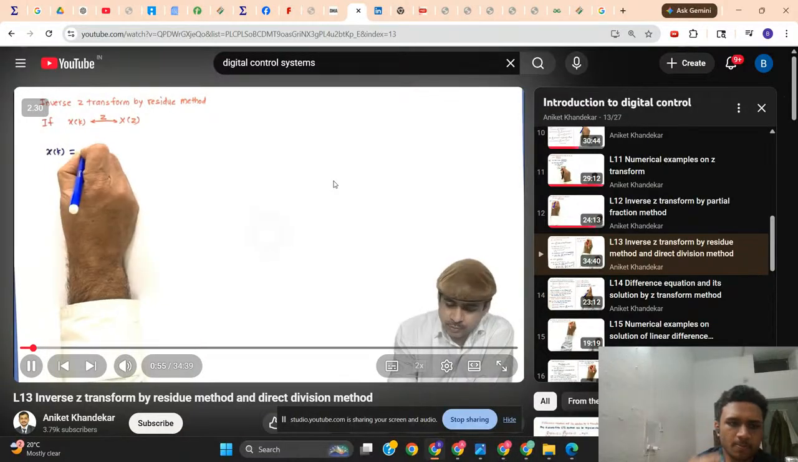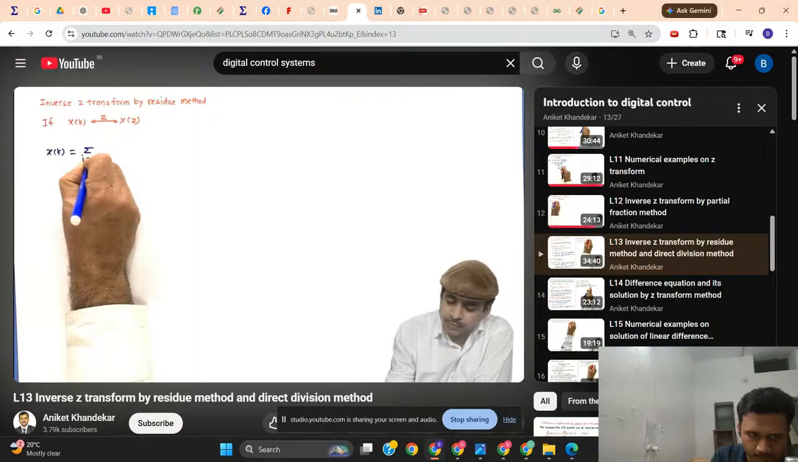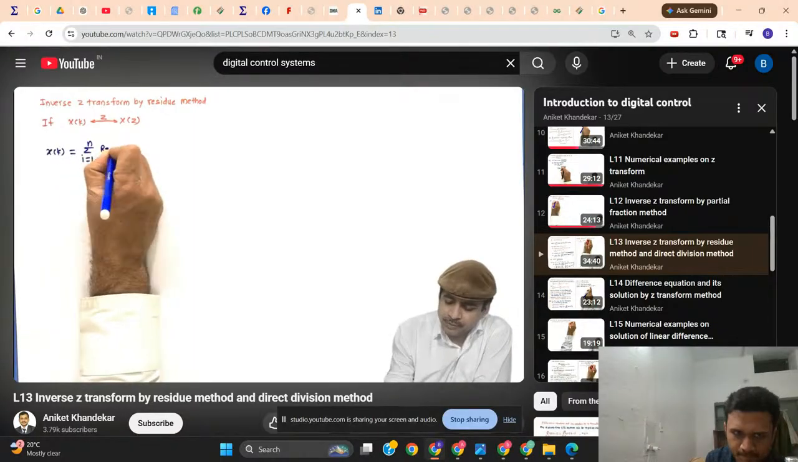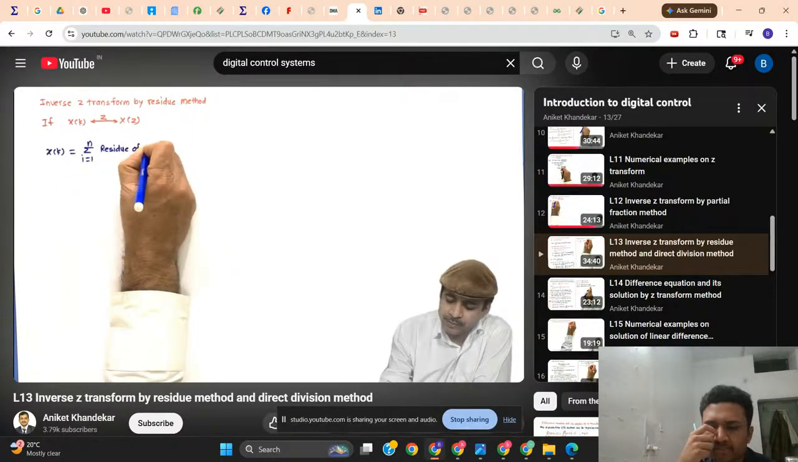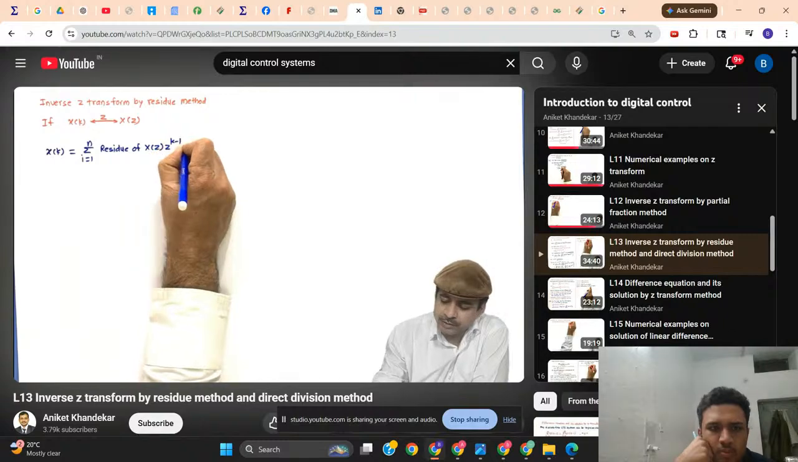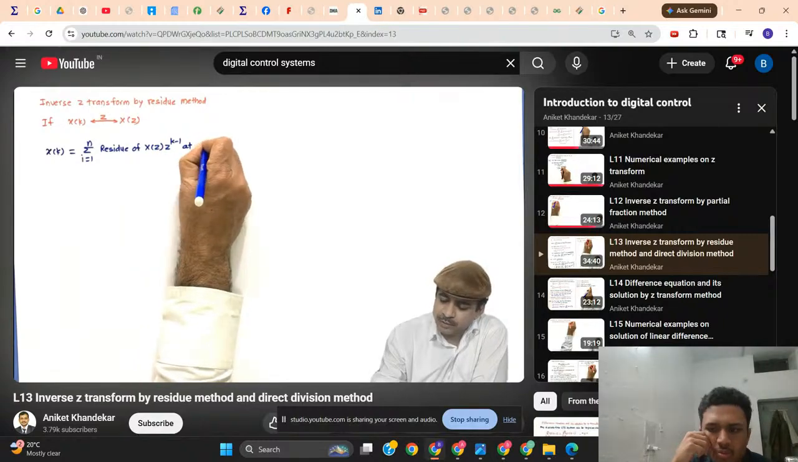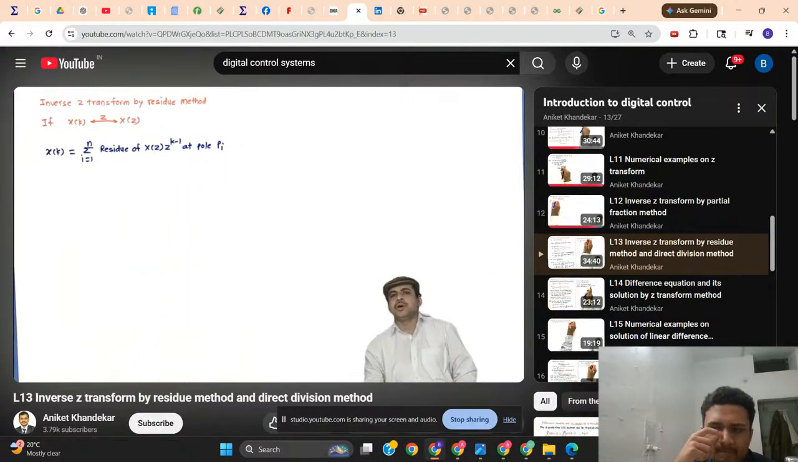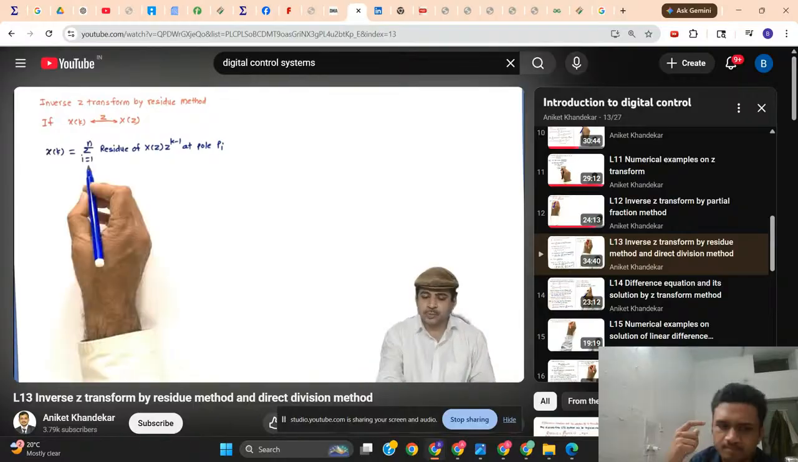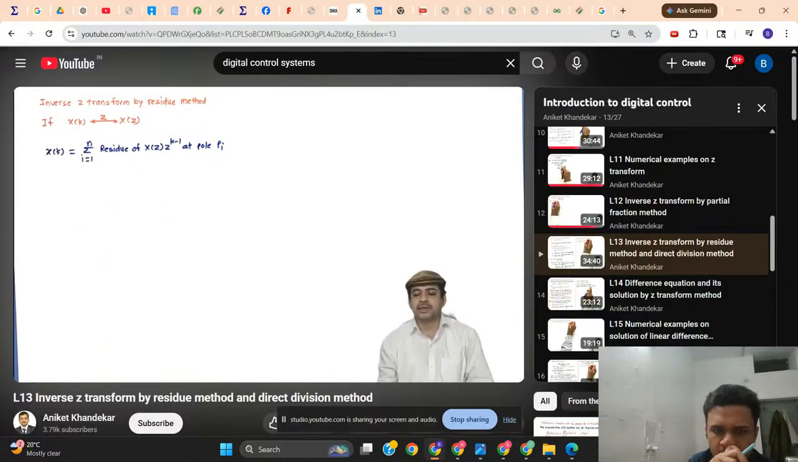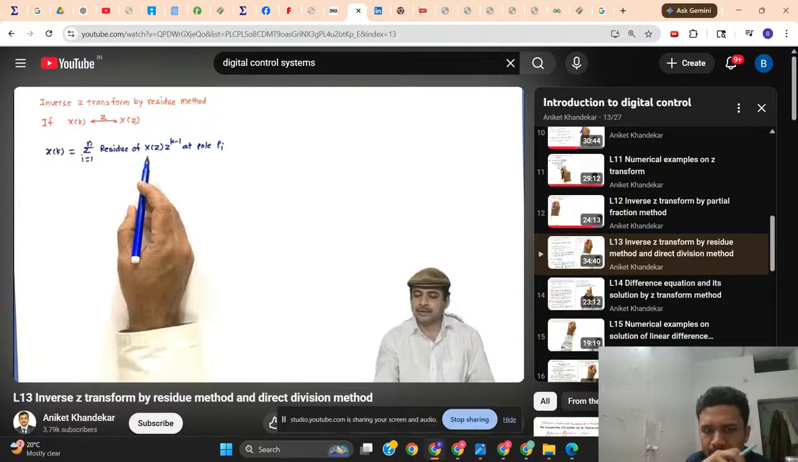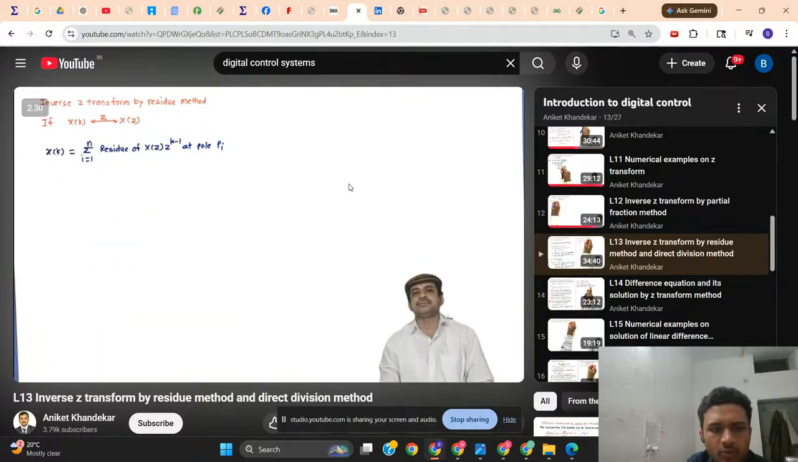x of k is equal to summation of i equal to 1 to n residue of X of z into z raised to k minus 1 at pole pi. What does it mean? So for example, denominator of a system has n roots. That means system has n poles, or function has n poles. So for every pole, we have to find out the residue. And if there are n poles, then the summation of all residues will be x of k. So this i equal to